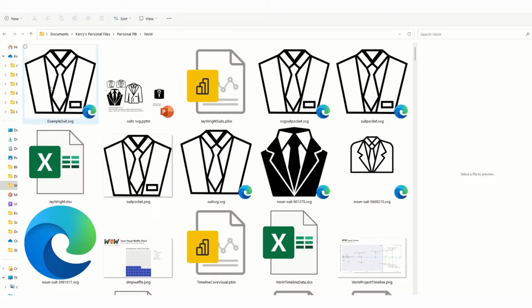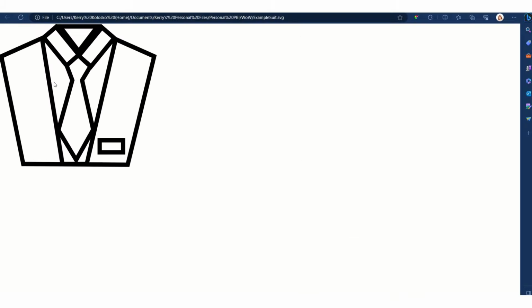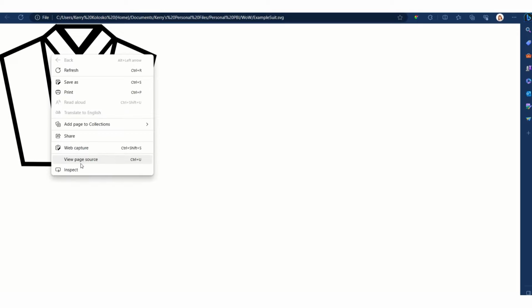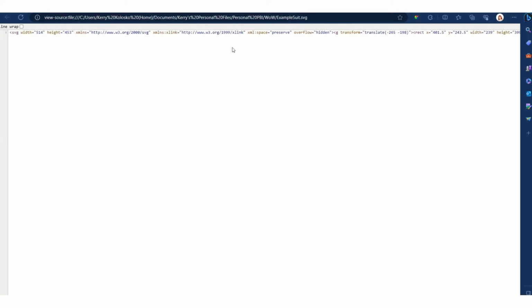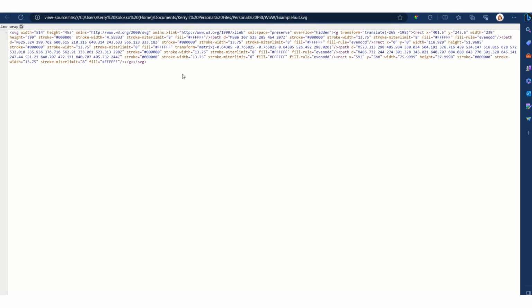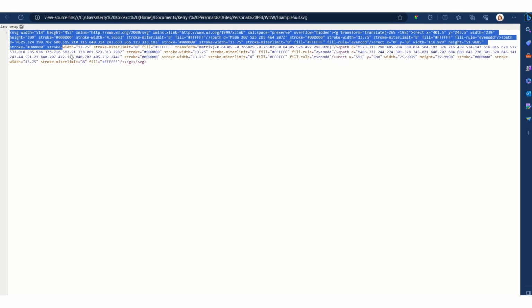So what happens when we open up an SVG into a browser and we right click on it and we can inspect or view page source. So here we've got an SVG